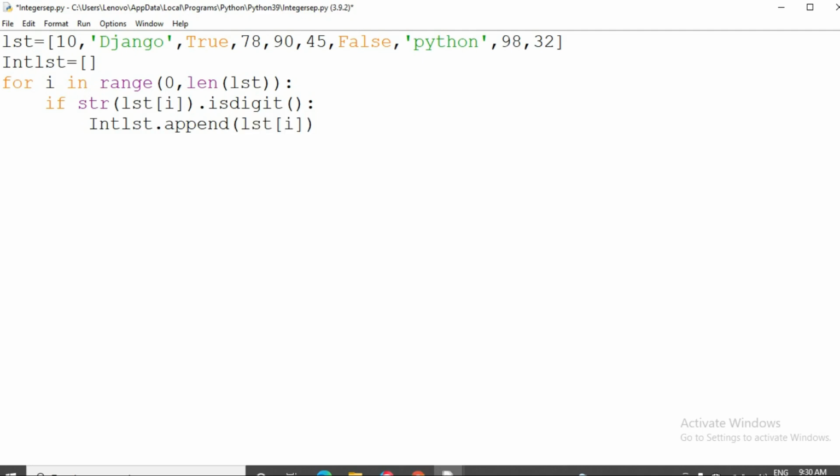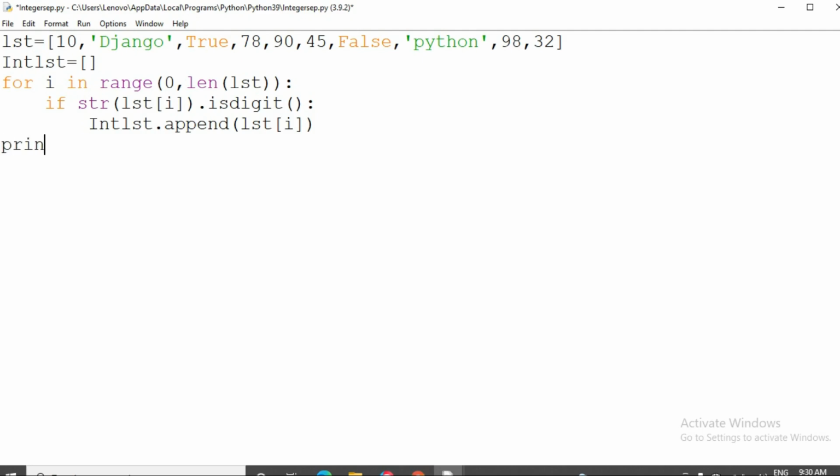So lst of i, if the element is an integer, I want to add this lst of i element inside the empty list int_lst.